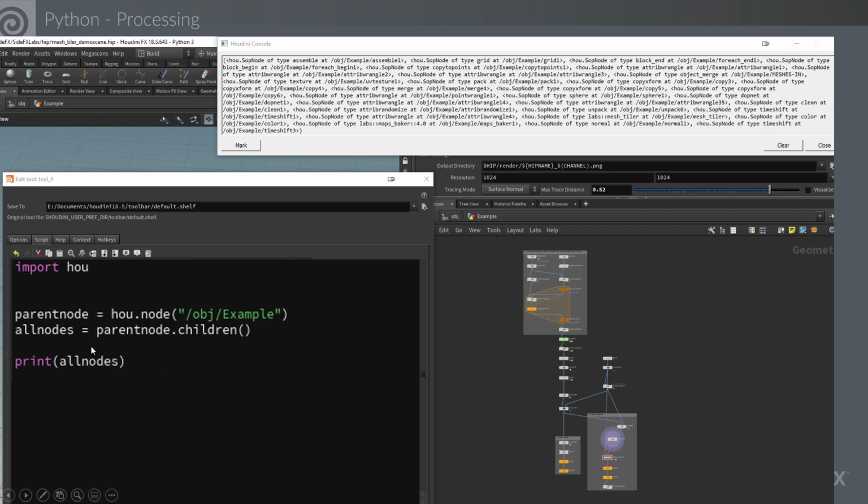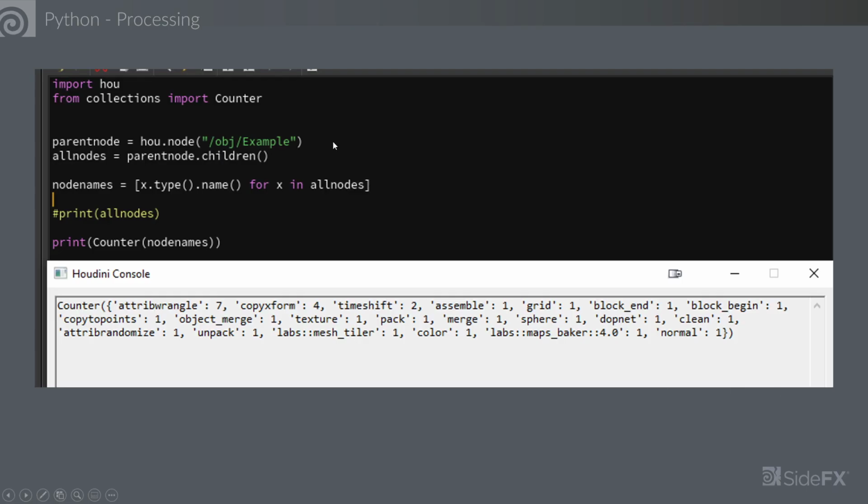And that's really easy to do inside of Houdini. All we really do is once again do parent node equals the parent node of our network, in this case that geometry node called example, and then we get all the nodes by saying parent node.children, and that's going to give us this giant list containing every single node inside of our parent node. We print that and we get that, so we could be counting these instead. That makes it a little bit easier already. But if you use the